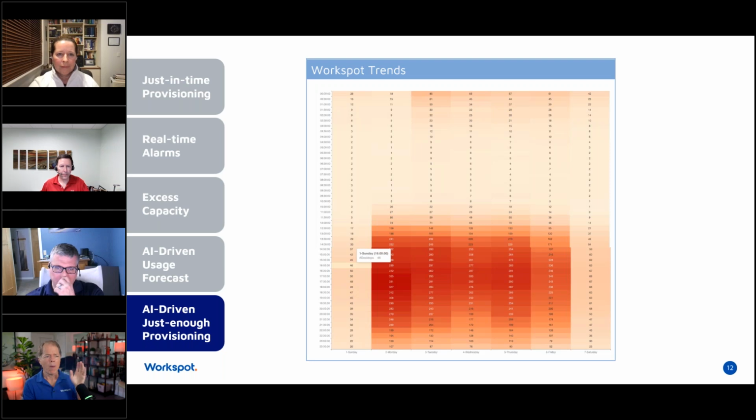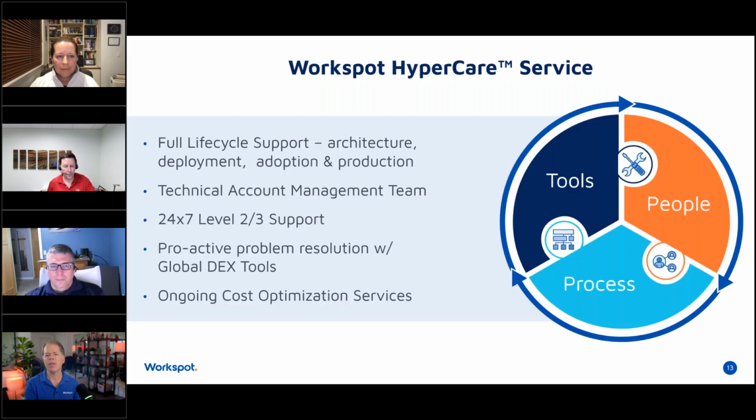Each column here is Sunday through Saturday. You can see if you come through the hours of the day, it gets super hot in the Monday through Friday and the middle parts of the day. The heat map is going to tell you when people are using this, and that is a good thing to know. You can base that on when to run these things and when not to run them